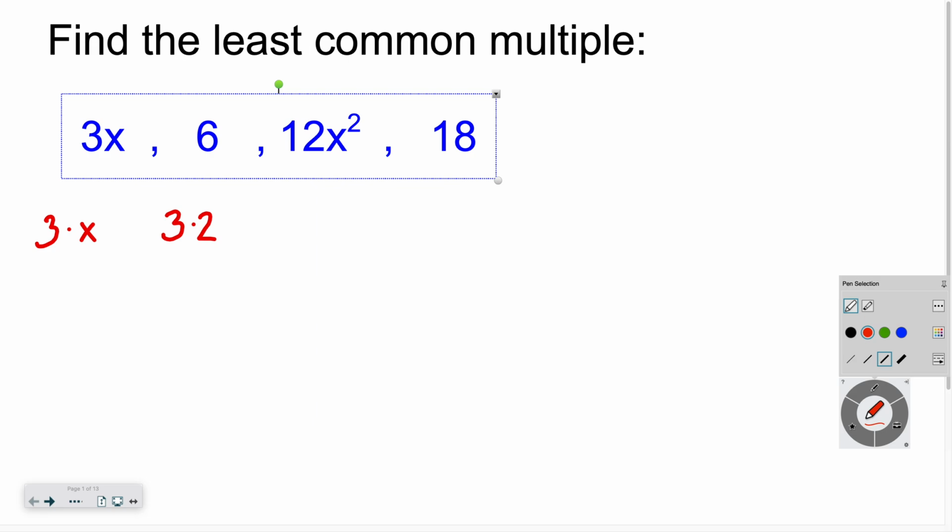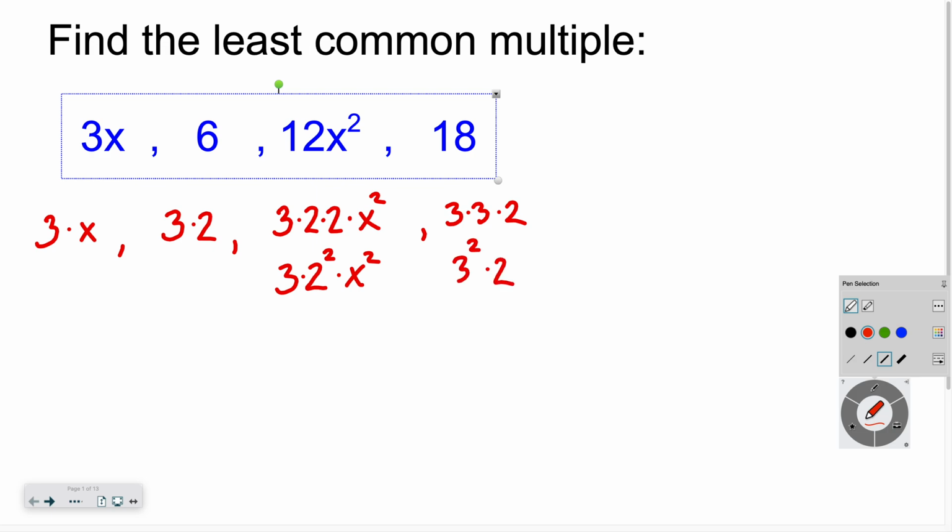So it's kind of like 3 times 4, or 2 times 3 times 2 times 2 times x, or x squared. So really this one is more like 3 times 2 squared times x squared. And then 18 is 2 times 9, or 3 times 3, which is 9, times 2, or 3 squared times 2. So the least common multiple, it's going to be,